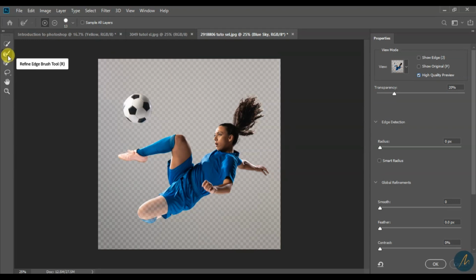You can press arrow. This one is for refine edge brush, this one is the brush tool, and this one is a rustle tool. But for now we are going to use the refine edge brush tool. And then I will come here and add a radius of 2,